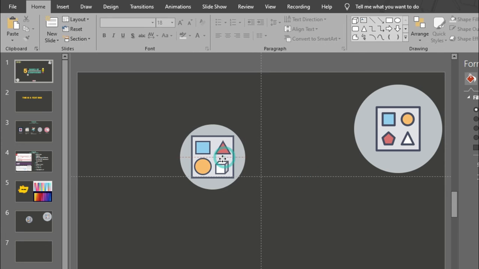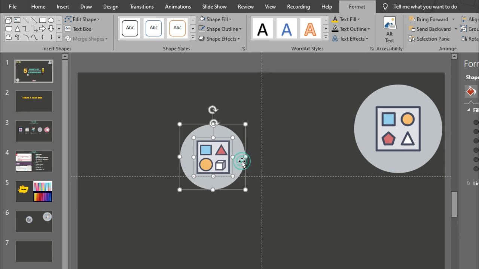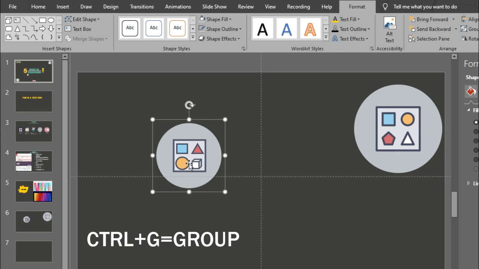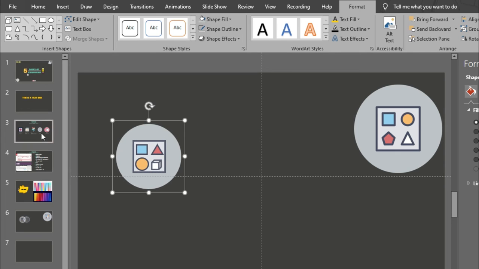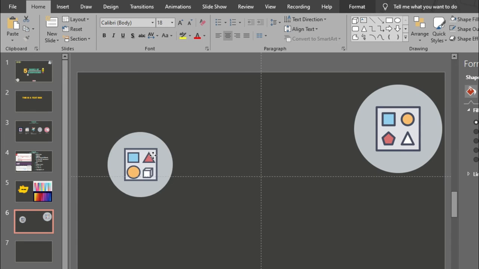You can see these elements are now ungrouped. And select these two shapes and Ctrl G, group. So this is our icon. You can create your own icons with these shapes and eyedropper tools. It's very useful and everything is customizable.